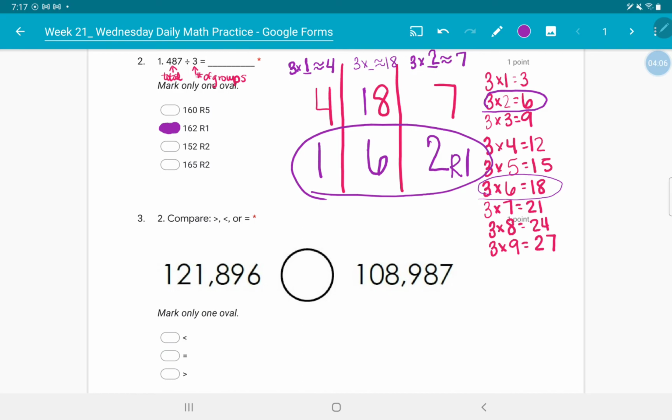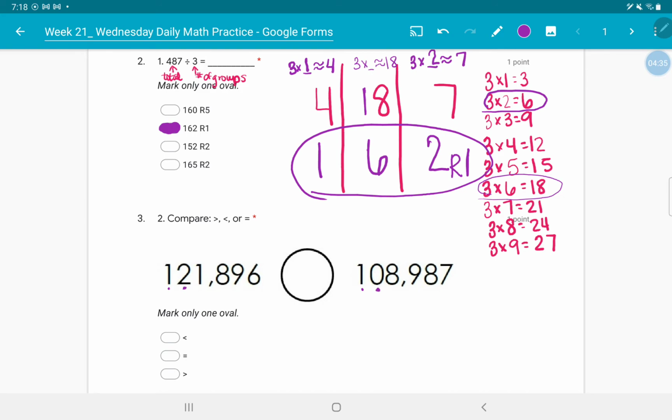Okay. Next, we're going to compare these two numbers, 121,896 and 108,987. So when I compare numbers, I start with my largest place value. I have 100,000 and 100,000. Those are equal, so I can't compare based on that. I'm going to go to my next largest place value,